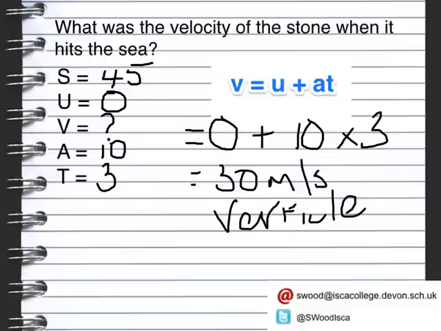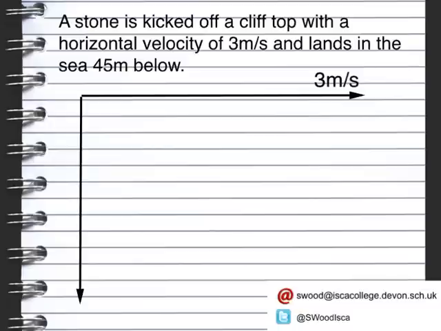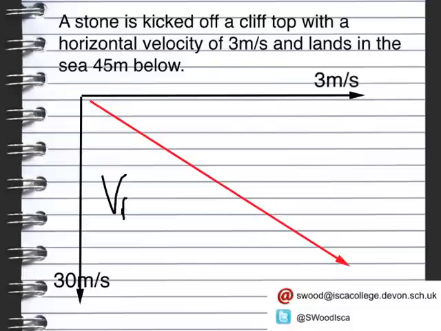Okay, we're now going to work out the horizontal velocity. The horizontal velocity is in the initial question. So we've got the horizontal velocity going this way, which is 3 meters per second. Now, the vertical velocity that we've just calculated is 30 meters per second. So if we have a look at our resultant velocity, which is this value down here, our VR, resultant velocity, is equal to